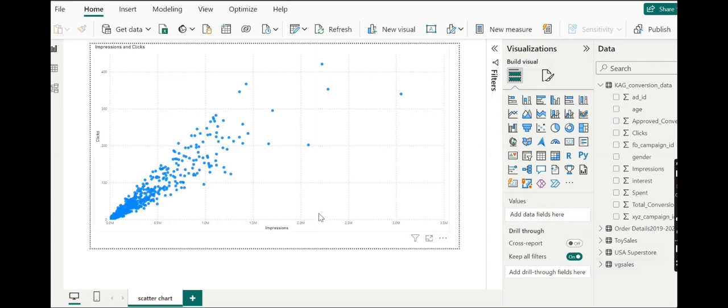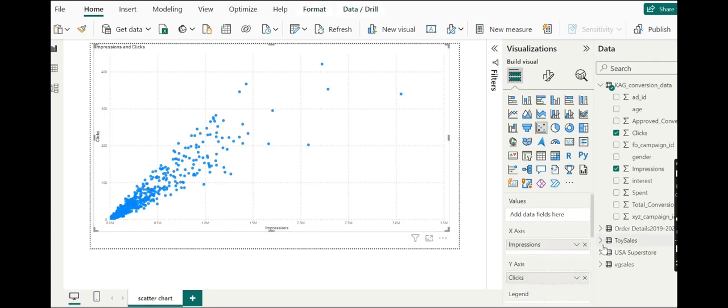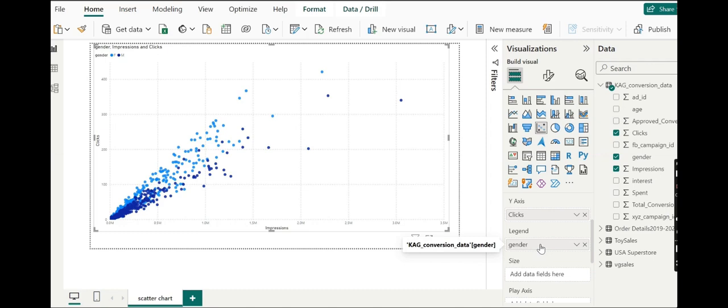and what we need to do here again, we just simply drag and drop gender field on legend. As we drag and drop, we can see a drastic change even again. So as soon as we do this, the appearance of scatter chart changes. We can now have two distinctly colored series. Let's change the color associated with male and female. So for this, we will go to